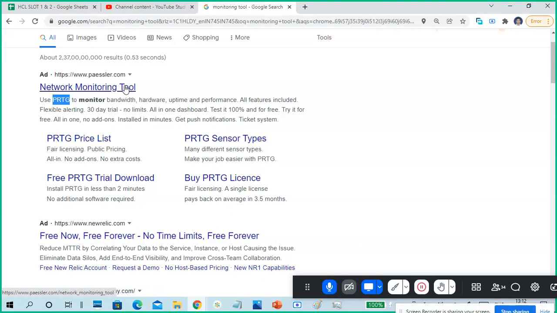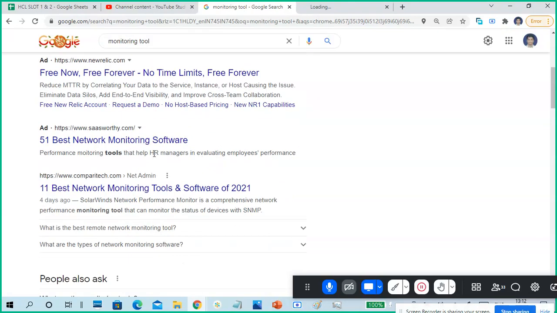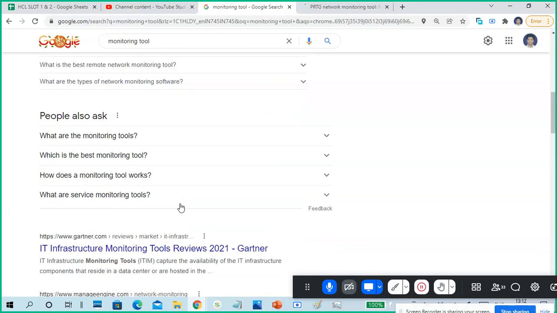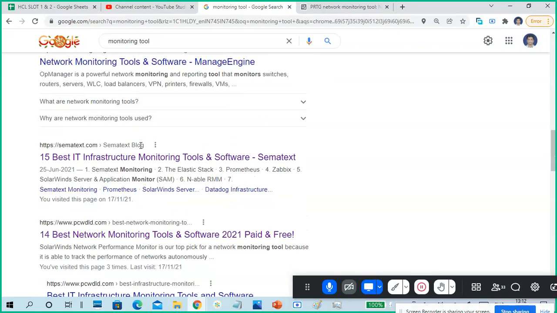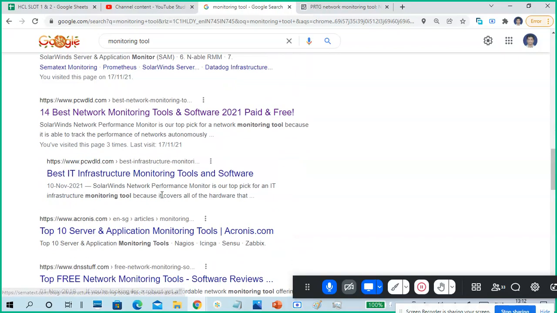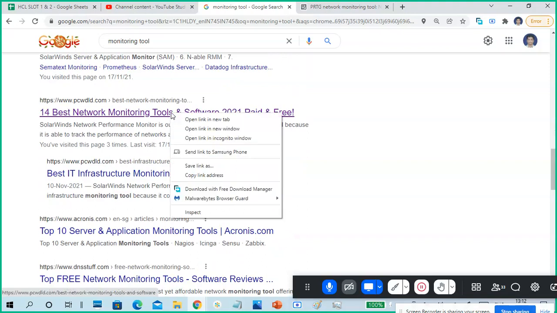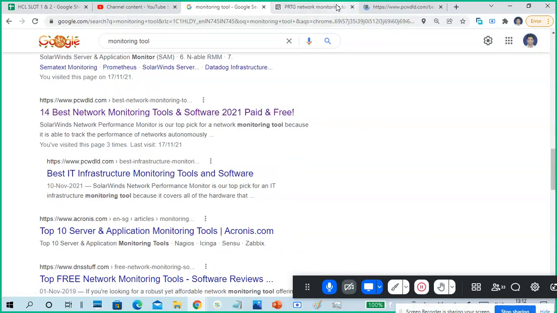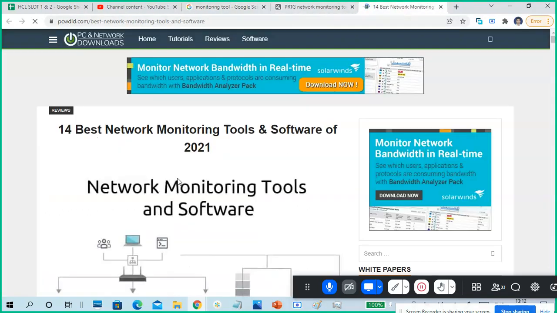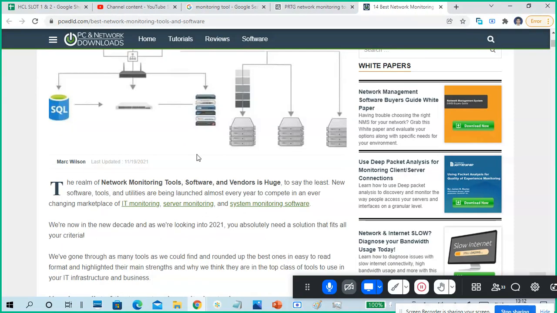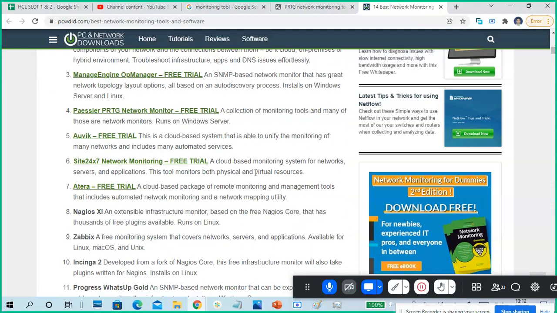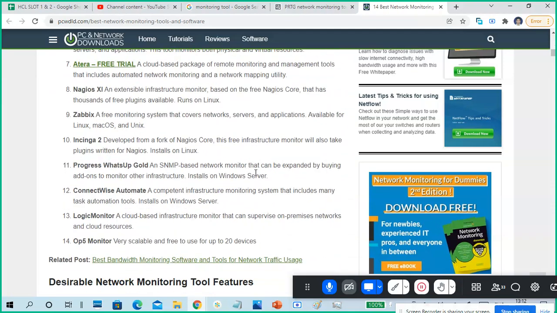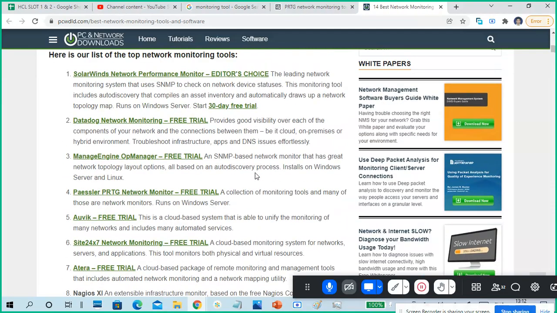Yeah, you can open this PRTG also, and you can try searching for the top 10 monitoring tools, like that, you will get it. Last time I took some monitoring tools list, but I forgot to keep it. As you said, correct, it is better to use PRTG or a particular tool, so then we'll stick to that one only.